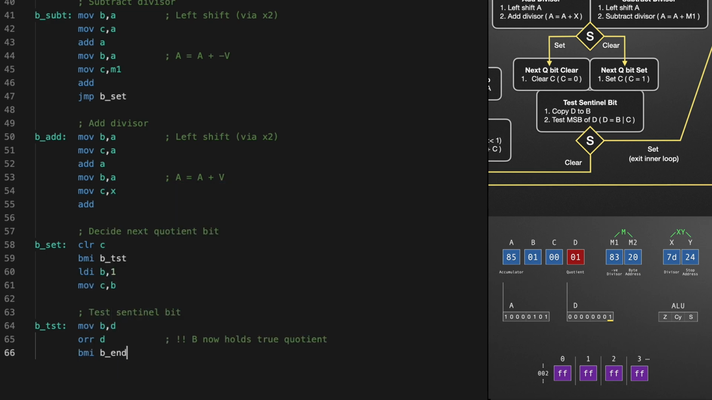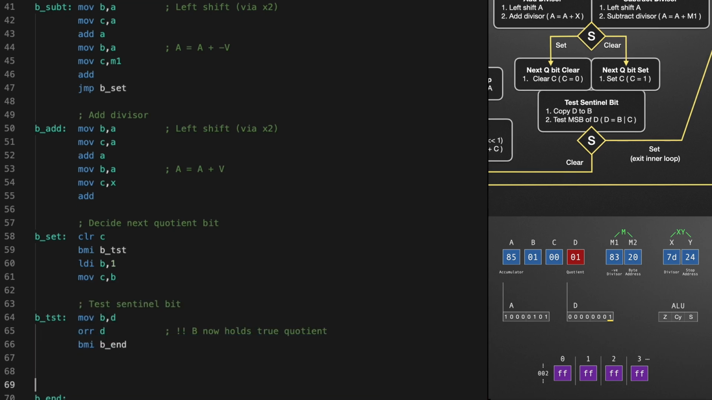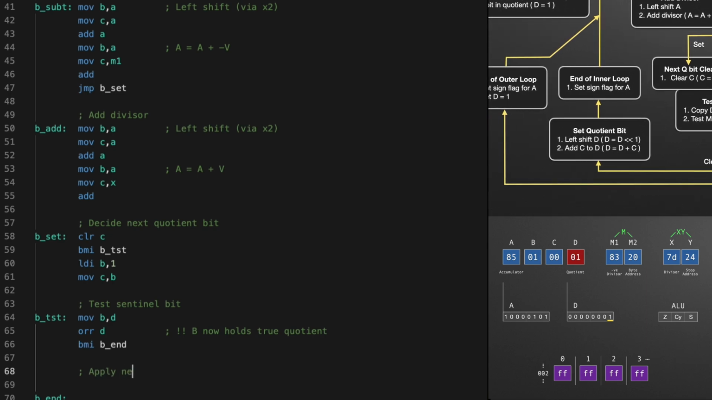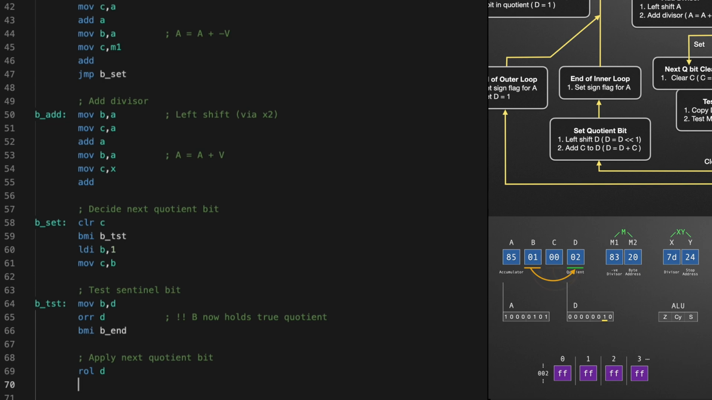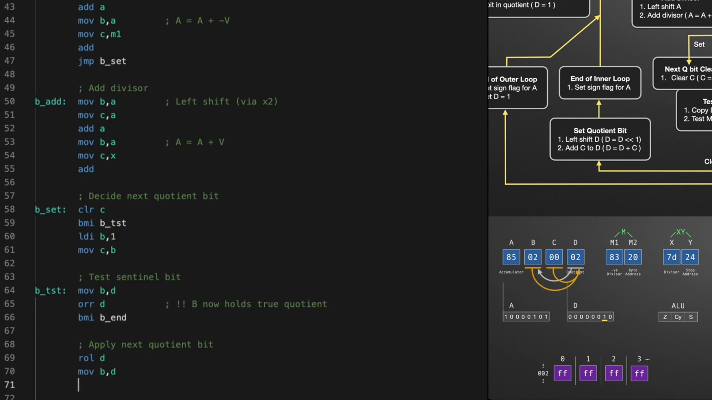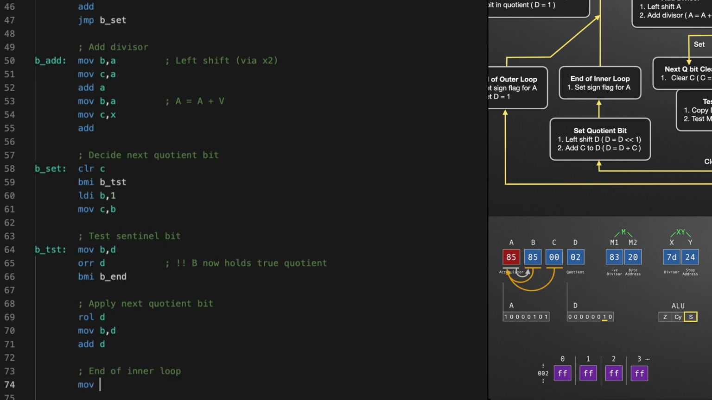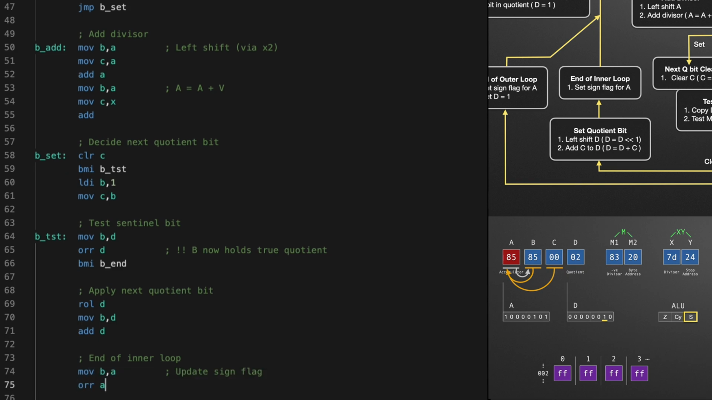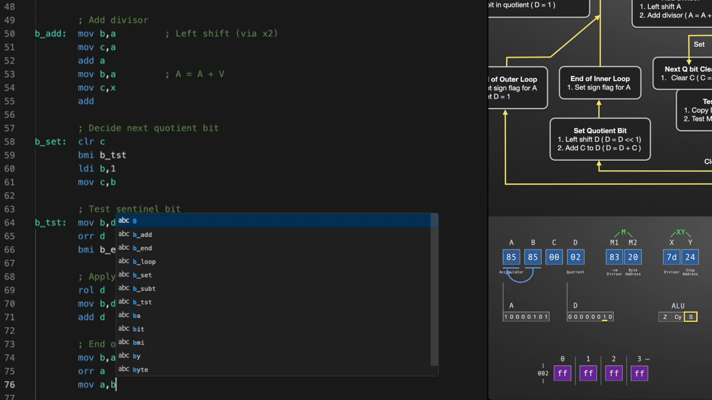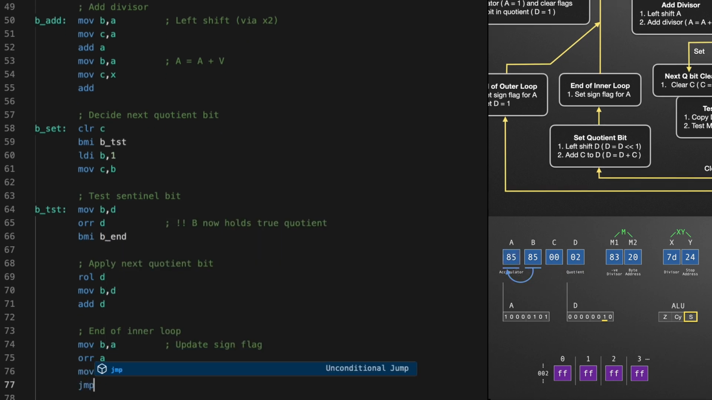If the sign bit is set, then we can exit the inner loop, and for now I'll add the label so everything assembles. If we're sign clear, then we're heading for another inner loop, and we need to apply the decided quotient bit, which we'll do by rotating B into D, copy back, and then add B and C into D. Finally, in preparation for the next iteration, we set the sign flag for A through another junk ALU operation. That mutates register A, so we copy B back to A, and we're good to unconditionally jump to the start